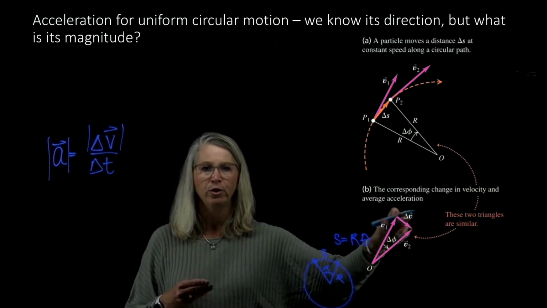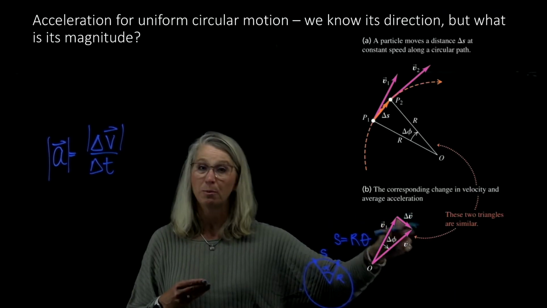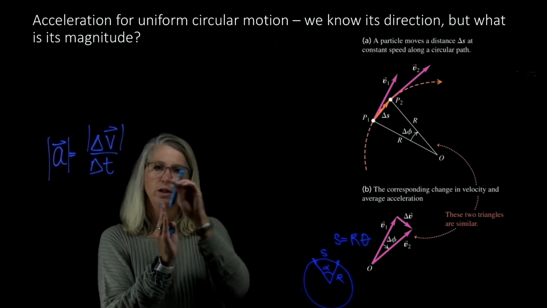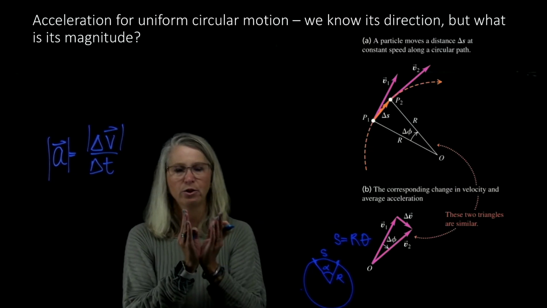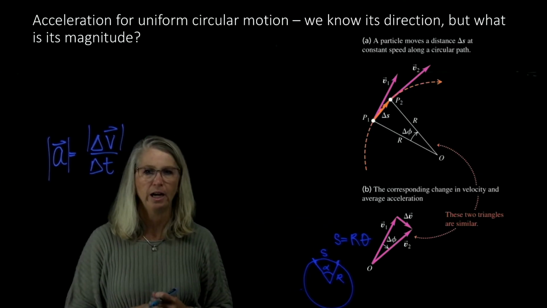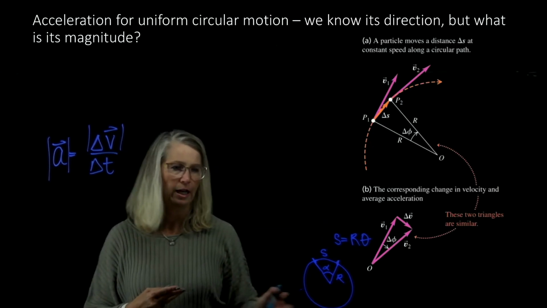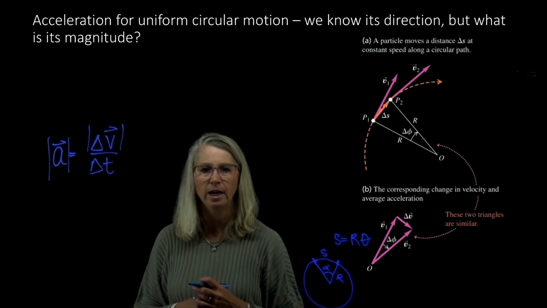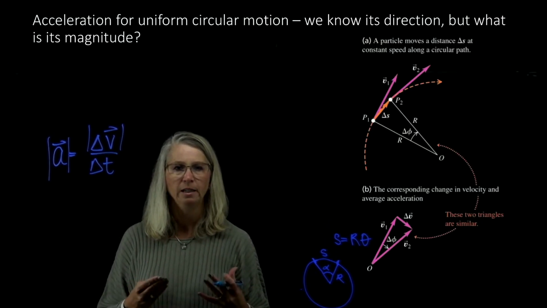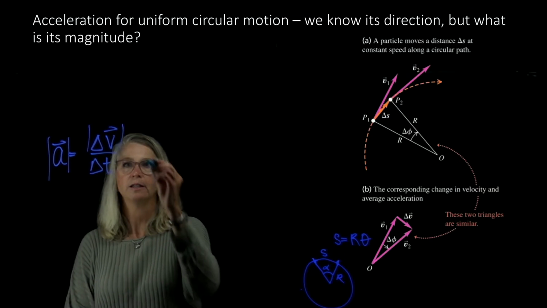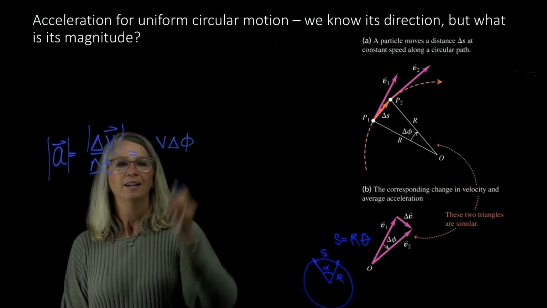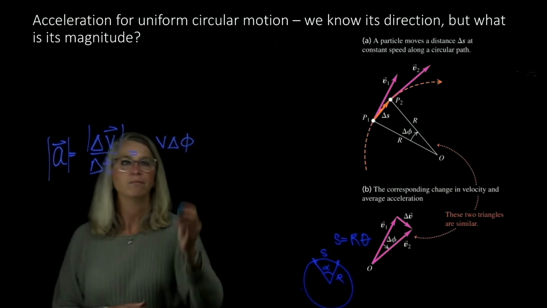Now I know that the third side right here, this is what we're sort of substituting in for the arc length, but we're looking at very small changes. So thinking of the straight piece that completes the triangle as opposed to the curved arc, we're not really introducing any error. So as we look at this triangle, we see that the delta V can be written as V times delta theta. Or, I'm sorry, in this picture they're calling it delta phi. And so that's over